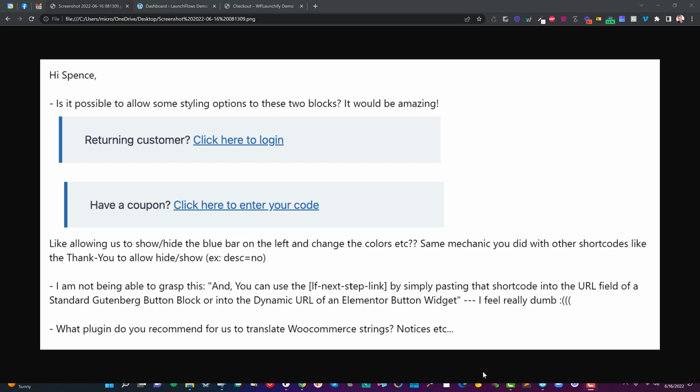page builders. So the first question involves, is there a way to style or allow some styling options to these 2 blocks? And that's the returning customer or the have a coupon block. And they're basically both the same process. I'm going to show you today how to use the inspector inside of your typical Chrome or Safari browser to do this with CSS. As to whether we put these features in, honestly, I'm not sure that I will, because